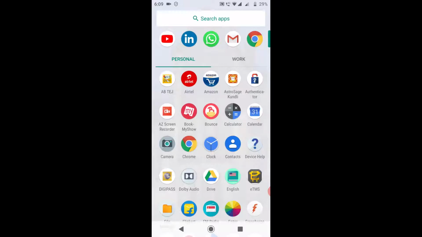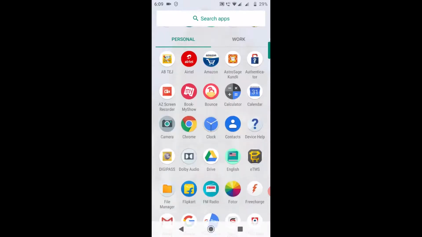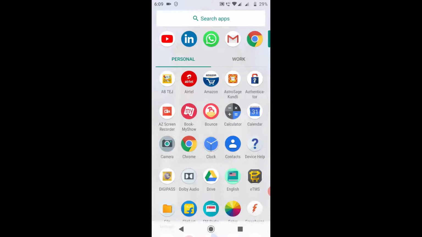Suppose I have two email IDs, one is Gmail and one is Outlook. If you want to access both, I can configure them in the Gmail application and access both email IDs in one place. So let's go to the Gmail app.